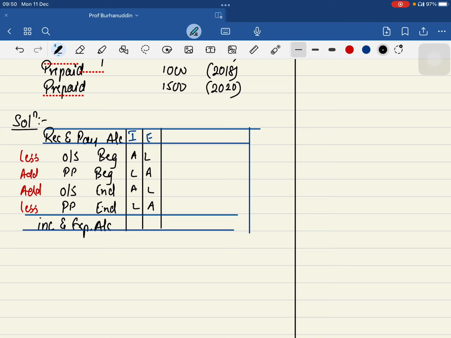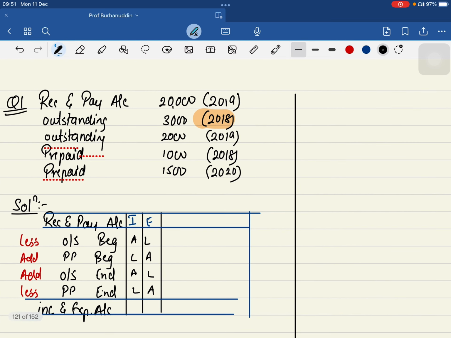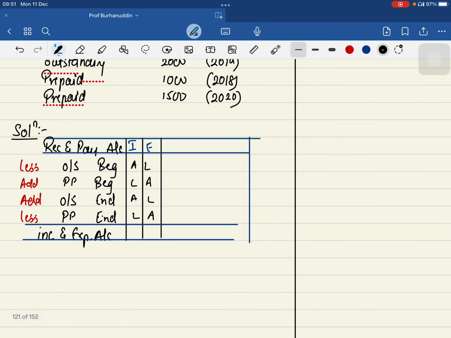अल्लाह कितनी बार? दो बार। So this is asset, liability, liability, asset, asset, liability, liability, asset। पक्का? इनकम के लिए ये वाला कॉलम है, एक्सपेंस के लिए ये वाला कॉलम है। चलो, now we are just filling in the amounts. रिसीट्स एंड पेमेंट में सर कितना दिया मुझे? 20,000। तो मैं यहाँ पे डायरेक्टली जाके लिखने वाला हूँ 20,000।